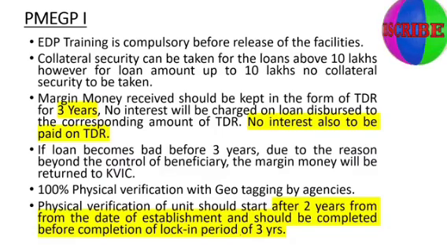Subsidy received, date of loan, date of disbursement of loan. The 3 years will start from the date of first disbursement. No, it is not from the date of subsidy. It is from the date of disbursement. Sometimes the subsidy will come late, say 1 year late. So the customer will not have to wait 4 years.